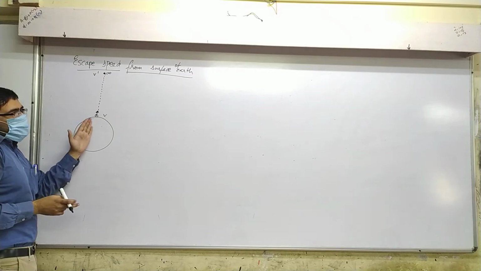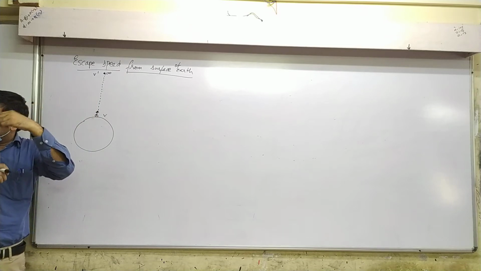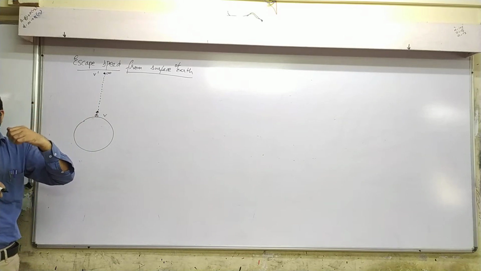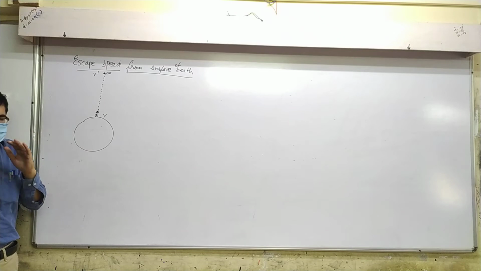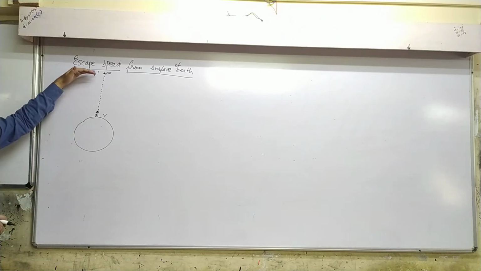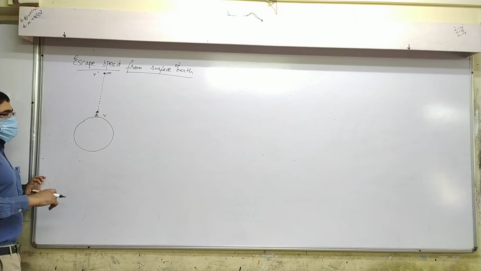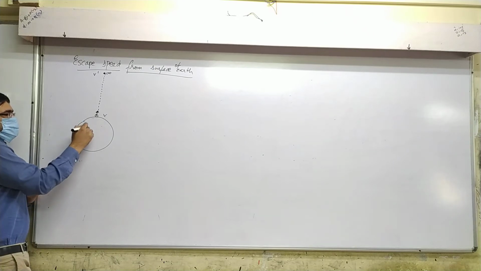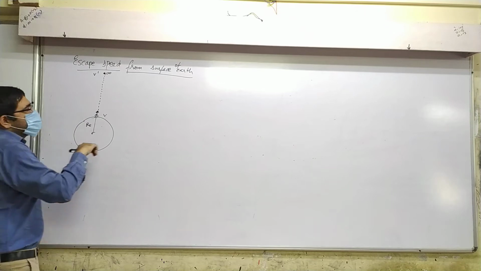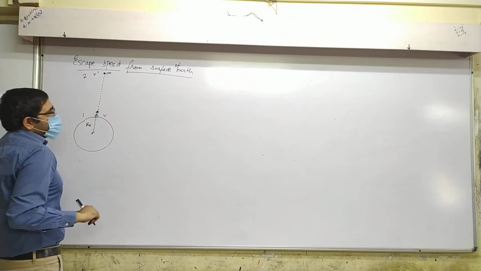Speed matters, so gradually the speed will change. I hope you realize why the speed will change. Earth will try to pull it down, so the speed will decrease as it goes higher, there is no doubt about it, right? So when it reaches infinity, that is very far, the speed is v dash. As usual, the radius of Earth is R e. Okay. So let's begin. I am going to call this the initial point and this the final.